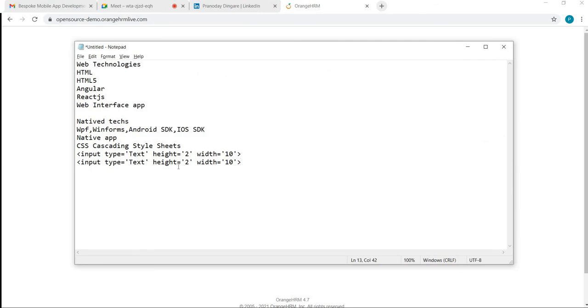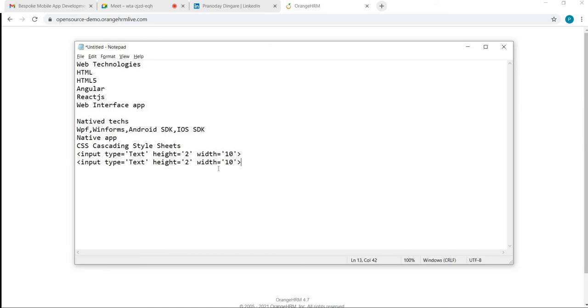So instead of defining the attributes in every input type text separately, the problem is, if tomorrow I want to change the height of all the edit controls from 2 to 10, then I have to go to every control and do the modifications, right?